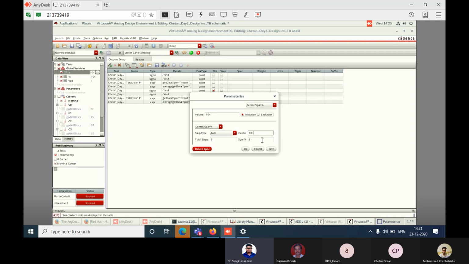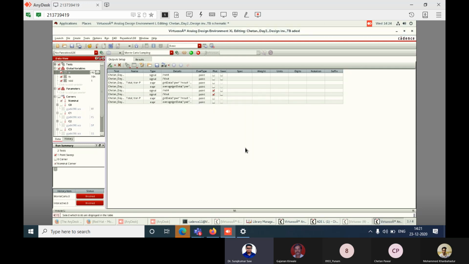If it decreases 5%, that means 9.5 nanosecond. We have taken one parameter, rise time, with a value of 10 nanosecond, but we want to vary it by plus minus 5% tolerance and check how the output is observed. So we are done.